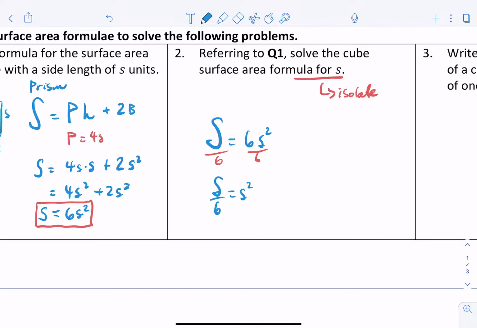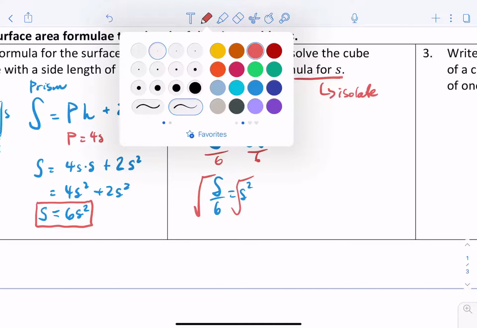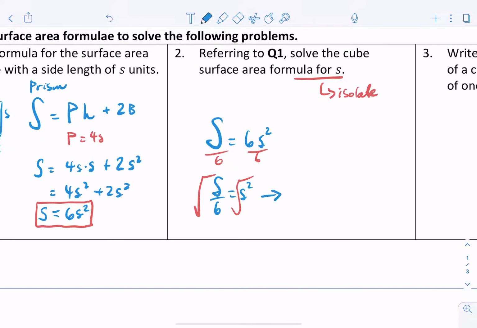So I have s squared, but I want s. How do I get rid of the square? I do its inverse, which is, of course, taking the square root of both sides. Now, any number would have 2 square roots, as we've said before, but we only want the positive one here because we're talking about lengths and areas. So our side length of our square has got to be a positive number. We only want the positive square root of big S